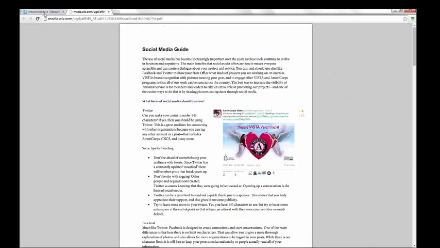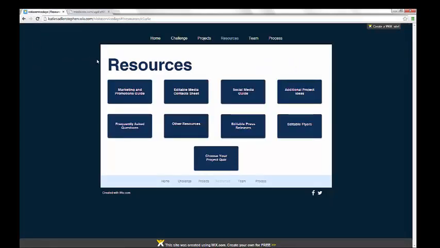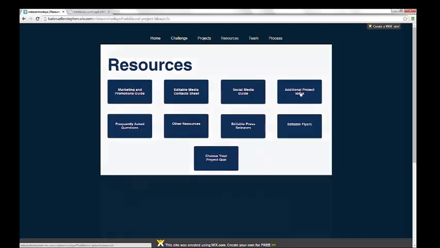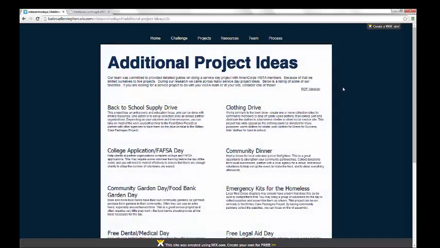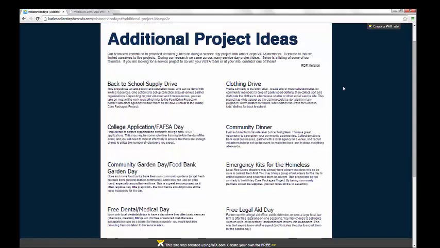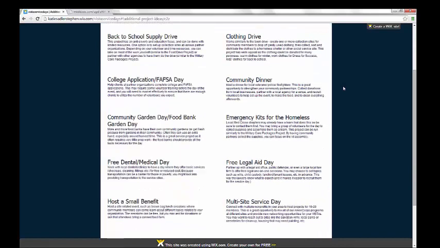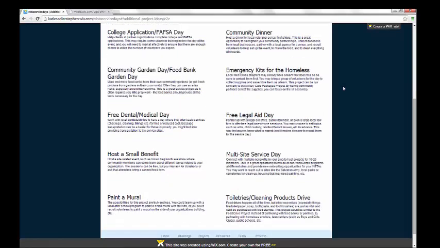All right. So the next resource that we have available is the Other Project Ideas. And this section of the site is perfect for someone that doesn't think one of the 5 detailed projects would work for their program, or someone that's just looking for a new idea to try. So here there are a dozen extra project ideas, each with a small paragraph about what the service day would entail. And since our main project guides are so detailed, people can then go through and pull out the sections they need to complete one of these other service day options.